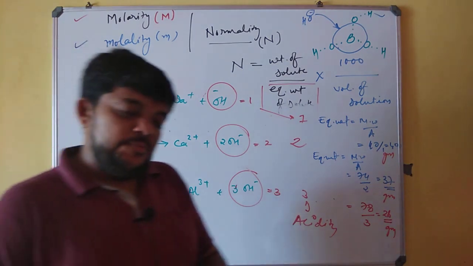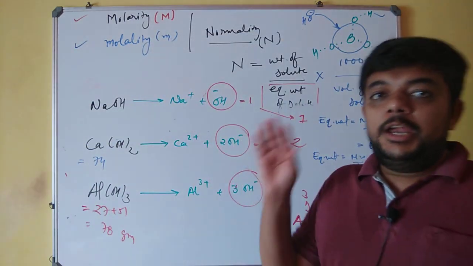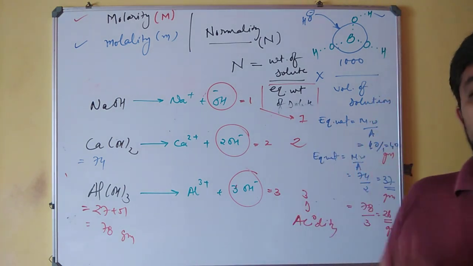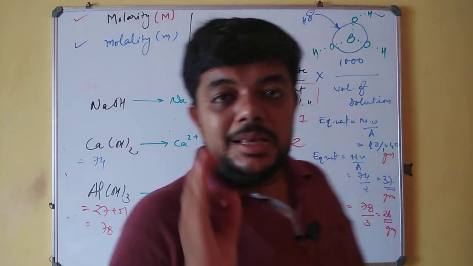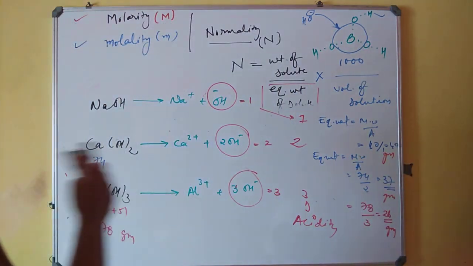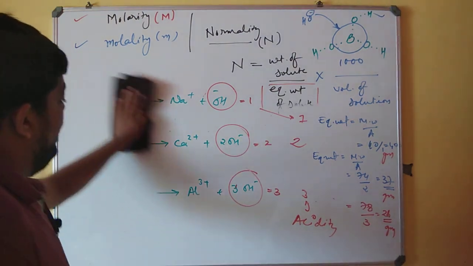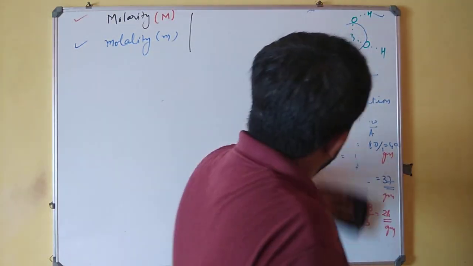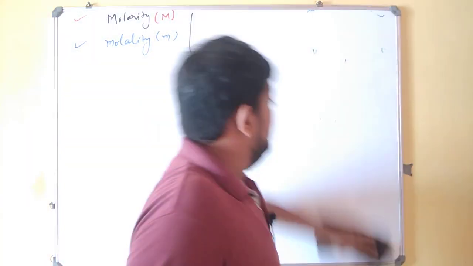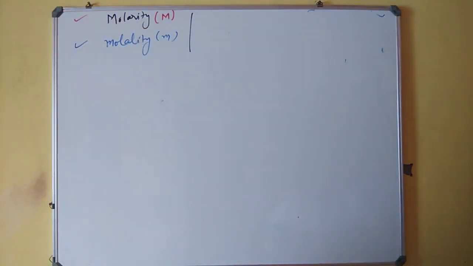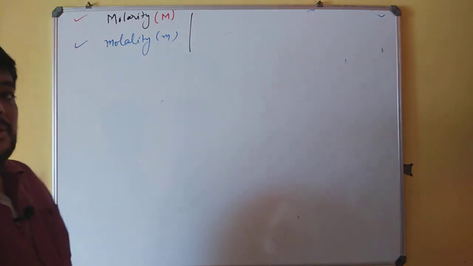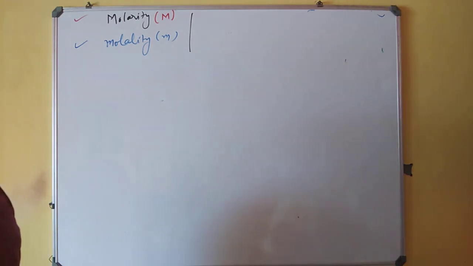So this is the difference between molecular weight and equivalent weight, and you are learning the normality concept over here. So for you, equivalent weight is going to be one of the most essential topics. Henceforth we first discussed the equivalent weight, and now we will be discussing the questions that are related directly to normality, so that you can use equivalent weight in place of molecular weight. Remember one thing, although equivalent weight and molecular weight are the same for some of the examples, you will never mention them as molecular weight in the numericals of normality. You will always mention them as equivalent weight in the numericals of normality.